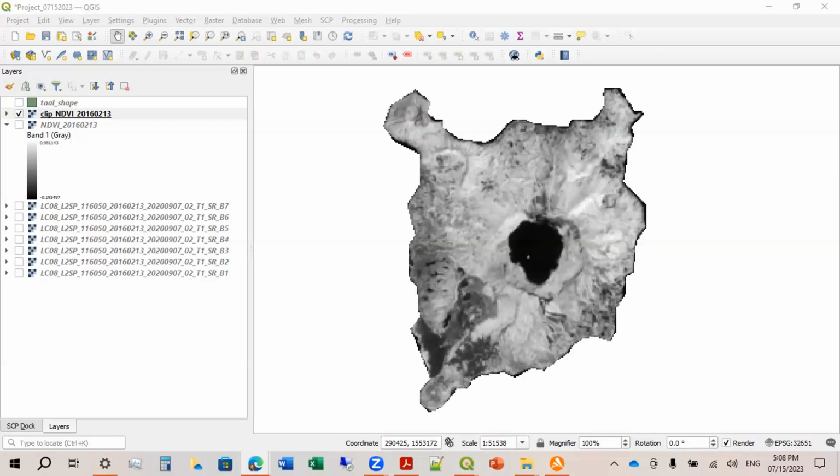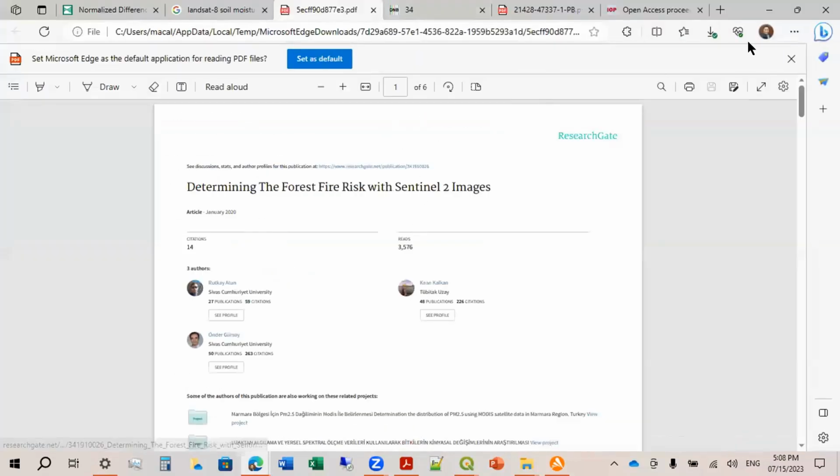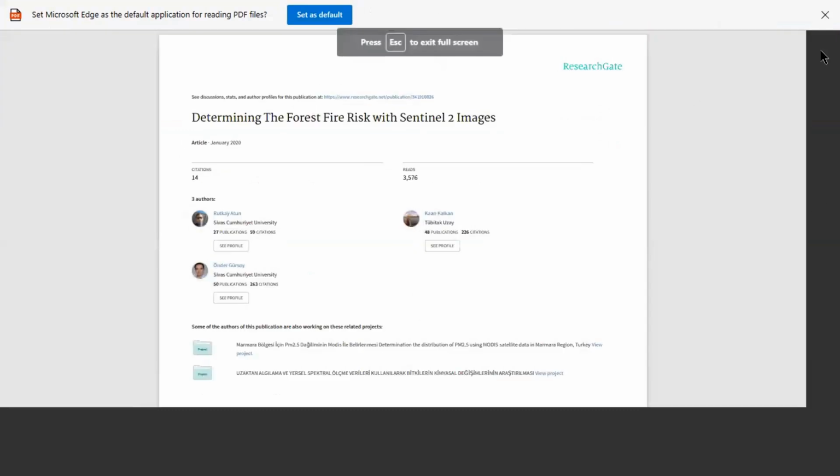Okay. Now, let me just open this file. Okay, this figure or this paper, no. Sorry. Can you see my screen? Yes, Doc. Okay.